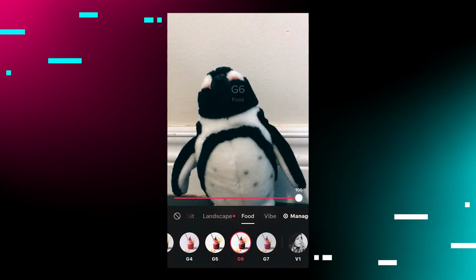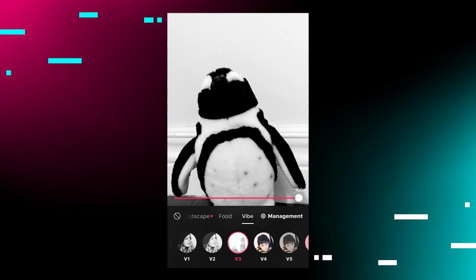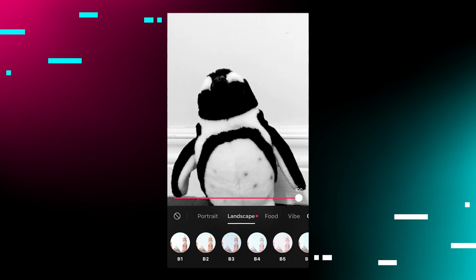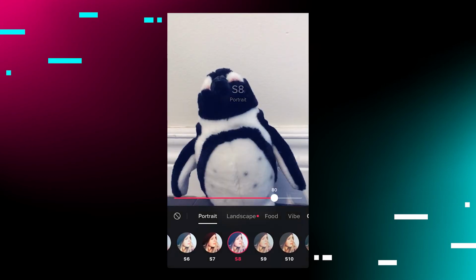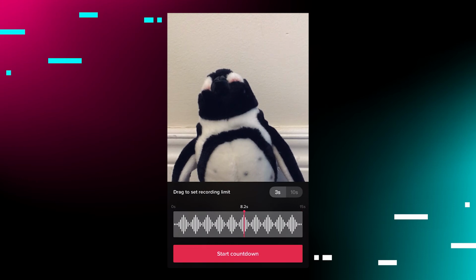Filters is kind of like the other filters tab, but this one deals more with color filters. It's very similar to Instagram's filters in the way that they use, and you can also adjust the intensity of those filters as well. Timer will allow you to set a timer before